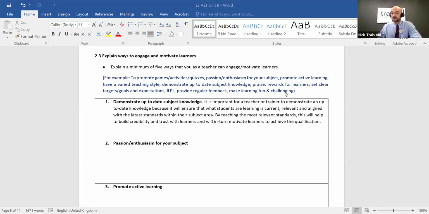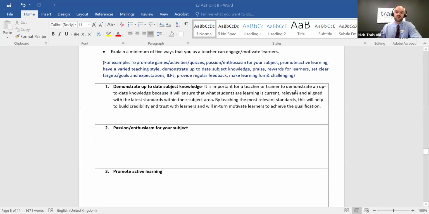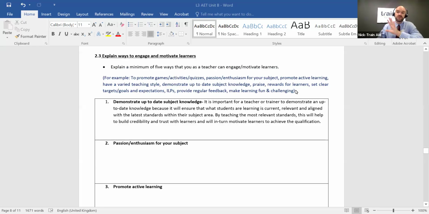So, of course, learning, if it's fun, then it's going to be more enjoyable, and also challenging as well. So learning shouldn't be necessarily easy, as we know. Keeping it challenging and engaging is really going to promote team cohesion there. So what we're looking for is a minimum of 5 ways that you as a teacher can promote learners' engagement